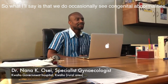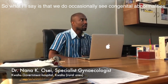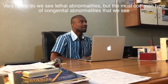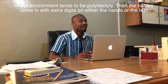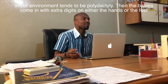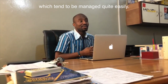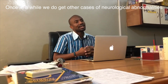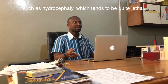What I would say is that we do occasionally see congenital abnormalities. Very rarely do we see lethal abnormalities, but the most common type of congenital abnormalities that we see in our environments tends to be polydactyly. That's babies coming with extra digits on either the hands or the feet, which tend to be managed quite easily. Once in a while, we do get other cases of neurological abnormalities such as hydrocephaly, which tends